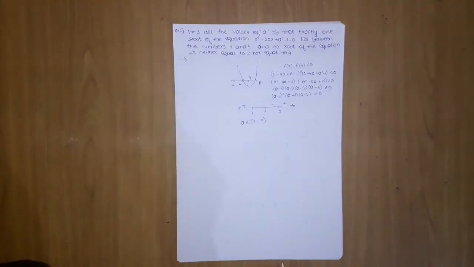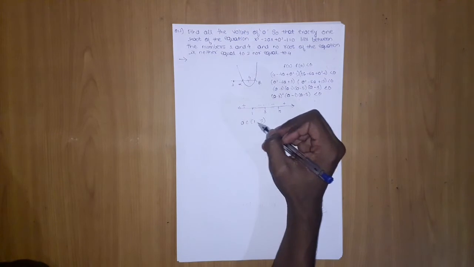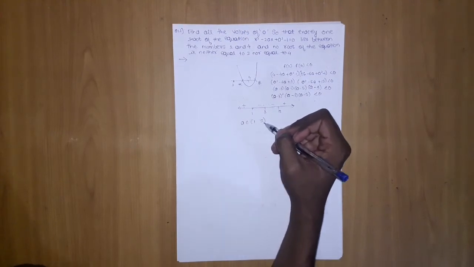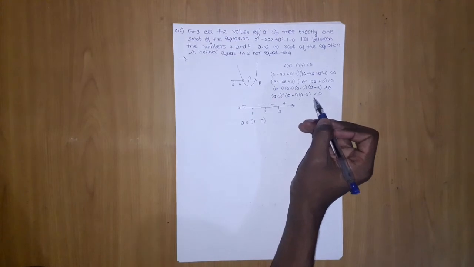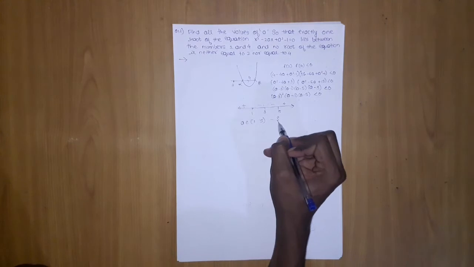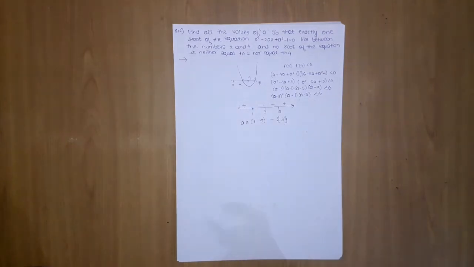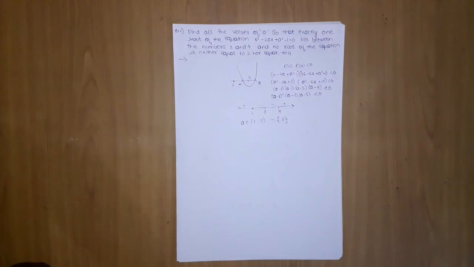Now what is the trap? Between 1 and 5, 3 can lie, so if we put 3 here, it will be equal to 0, which should not be possible. It should be less than 0, so we will exclude 3. This is the trap. If you draw the wavy curve, got this answer and forget to remove 3, then you will get the answer wrong.